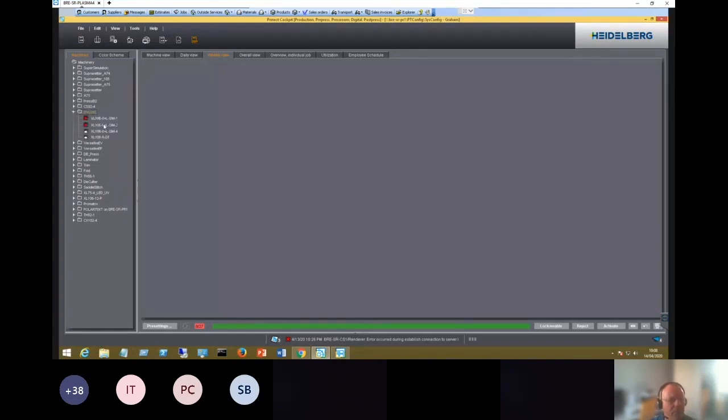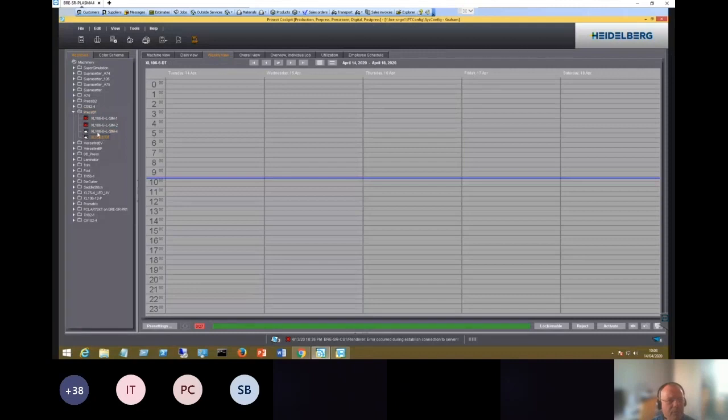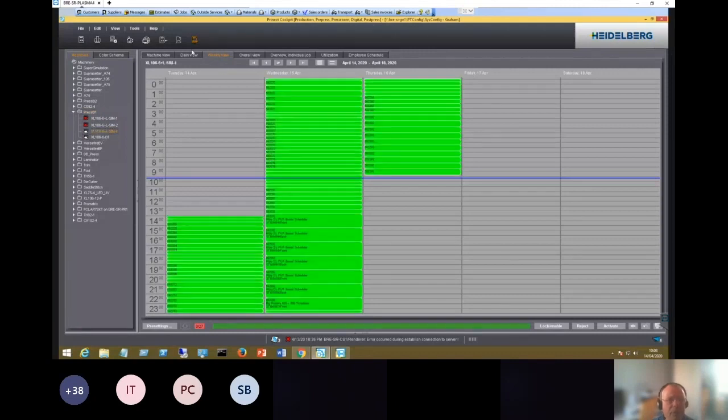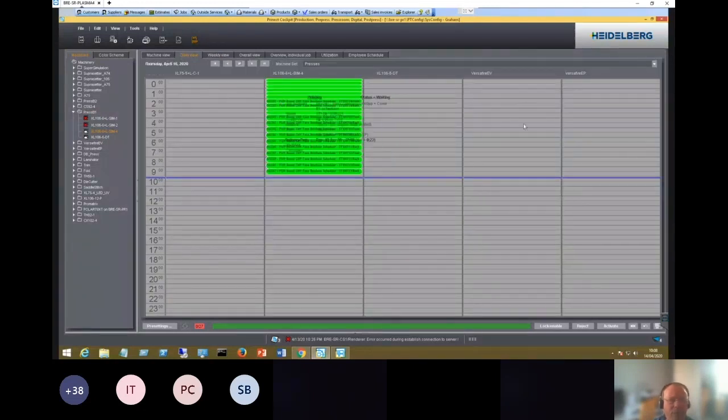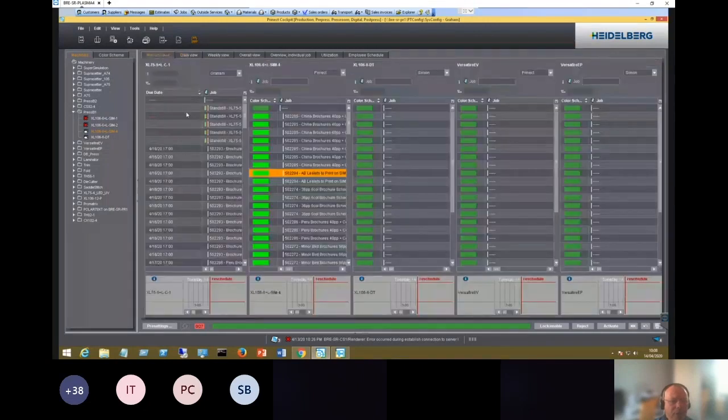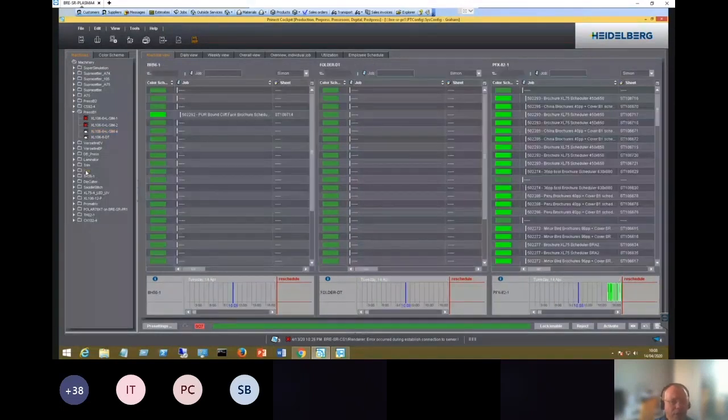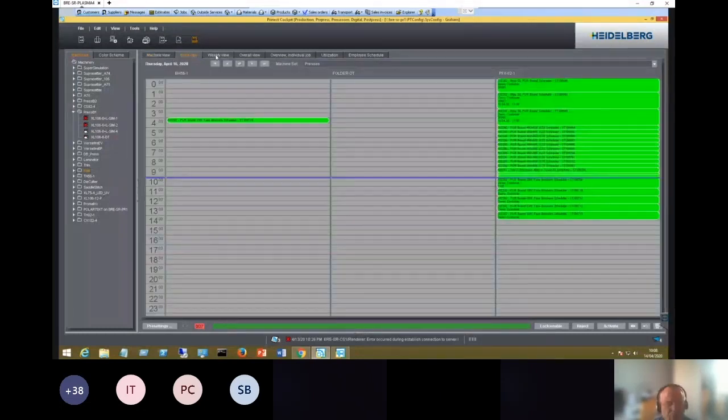So here in the daily view, if I change this to presses, I can now see all of the presses in this group. Same on the machine view. Now I've got several machines. We could go down to the finishing, where we can see our 3 folders. So it's a very, very flexible